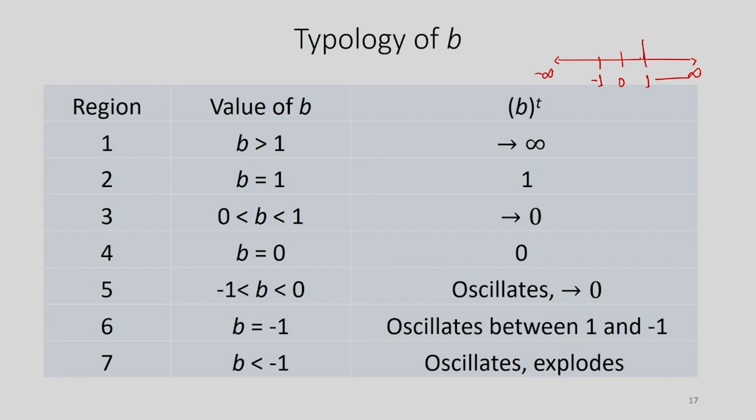It can be exactly equal to 1. It can be between 0 and 1. It can be at exactly 0. It can be between 0 and minus 1. It can be equal to minus 1, or it could be less than minus 1. So, these are the 7 distinct